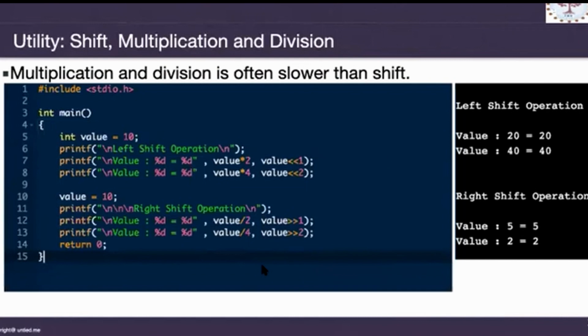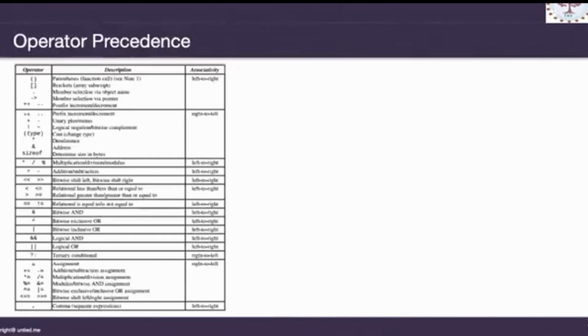But if you do the multiplication and division using the shift operations, then they will be very fast, because at the bitwise level you are simply shifting, nothing more is happening. So that's why, when you have a high performance computing environment, or where large processing is taking place and you want to save even a small amount of time, these bitwise operators and their use in real world situations become very important, and they are recommended. So that's why you need to understand their use also.